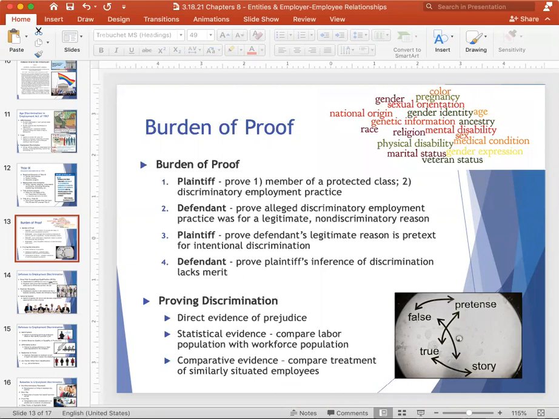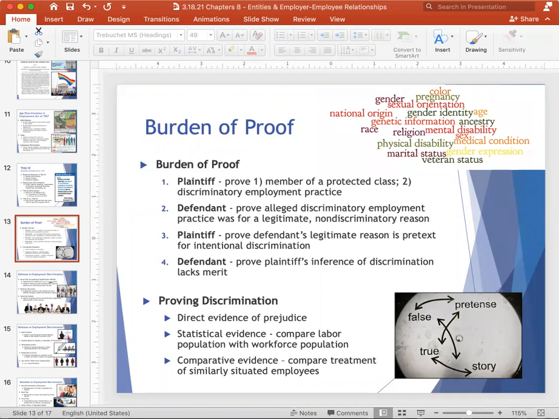Or present comparative evidence that members of a protected class are treated less favorably than members of another class. So honestly, it's up to you to not only prove the discriminatory employment practice, but to back it up with evidence to show differential treatment in the employment context. And then once again, the burden of proof would shift back to the defendant, who would need to prove that the plaintiff's evidence basically lacks merit. So it's a bit of a back and forth game, but you're trying to prove discriminatory employment practice if you're the plaintiff with evidence of that discrimination, and the defense is trying to prove a legitimate justification for that employment